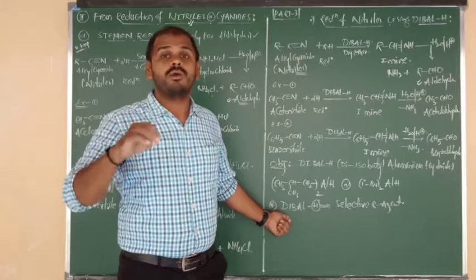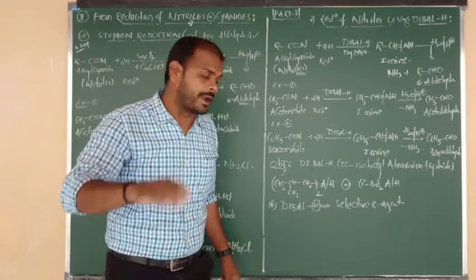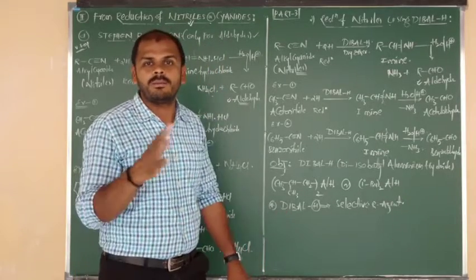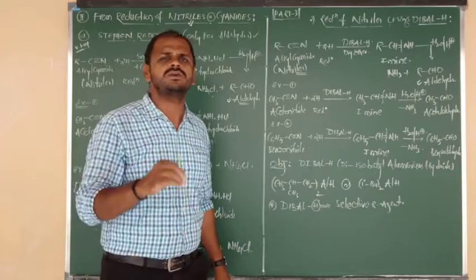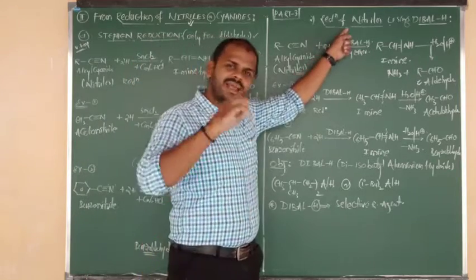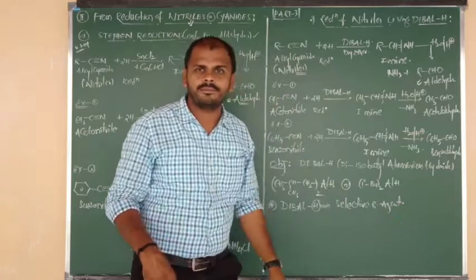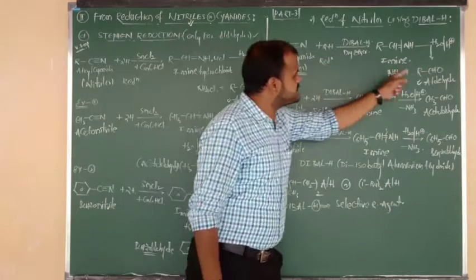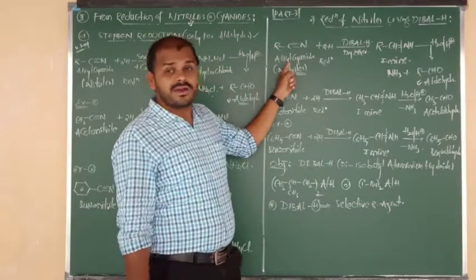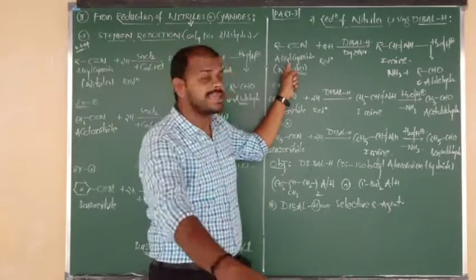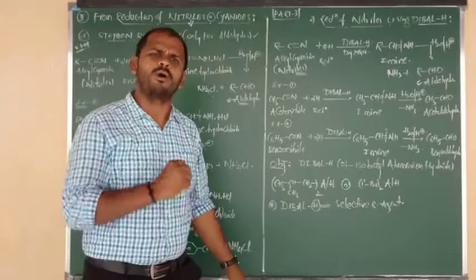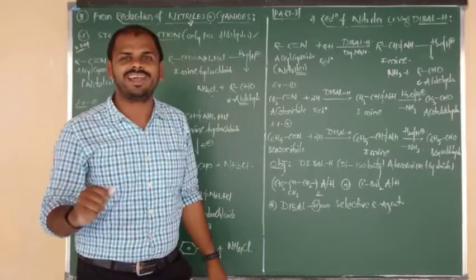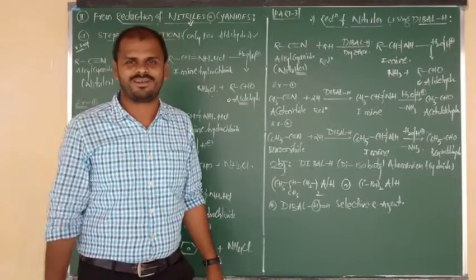And multiple bonds, double bonds, also cannot be reduced by DIBAL-H. It cannot affect the double bond, beta. Just cyanides or nitriles. Nitriles can be changed into aldehyde, same as this reaction, with DIBAL-H. In place of nitrile, you can take ester. Esters can also be reduced into the aldehyde. Both can be reduced into aldehydes without changing the double bond.